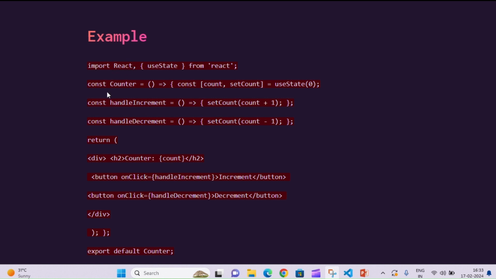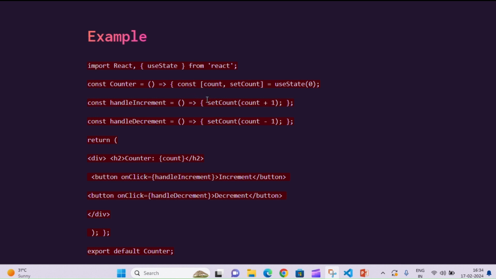Here we define the functional component Counter. const Counter equal to, this line declares a functional component named Counter using an arrow function.